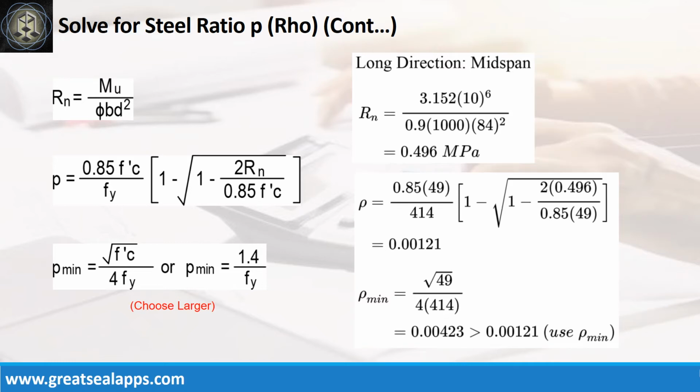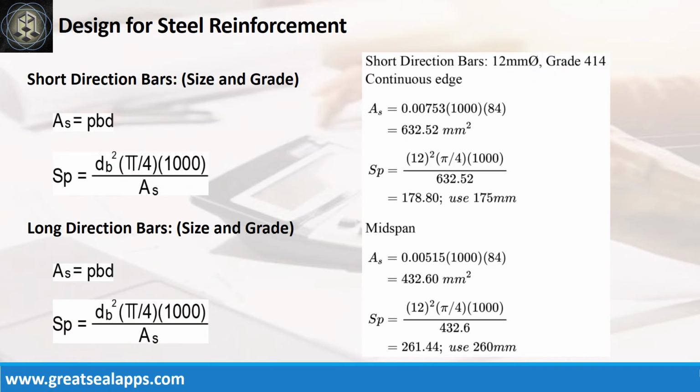Given long direction, mid-span moment equals 3.152 kN-meter, resistance factor equals 0.9, B equals 1000 mm, and D equals 84 mm. The beam design ratio Rn equals 0.496 MPa, and reinforcement ratio Rho equals 0.00121. Use Rho minimum of 0.00423. At short direction, given continuous edge Rho equals